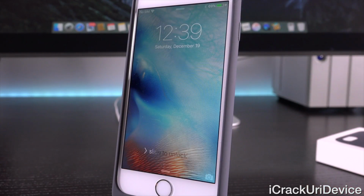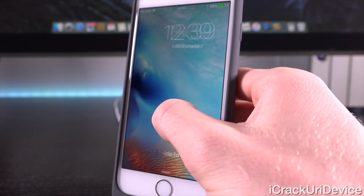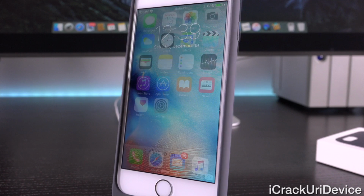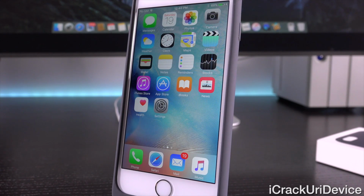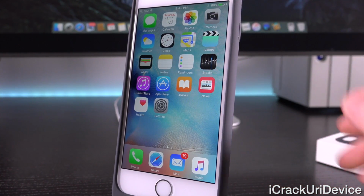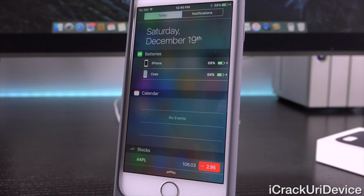Now, unfortunately, it looks like we may only receive that dual battery indicator the first time we connect to the case. From there, you have to rely on the widget, which isn't too horrible. However, it would be nice for Apple to include that on the top of the lock screen, kind of at all times when the battery case is charging. Other than that, the batteries widget is a great alternative to actually having an LED indicator. I much prefer it. It keeps things simple on the case, as well as provides you even more granular information on the battery charge level of the case